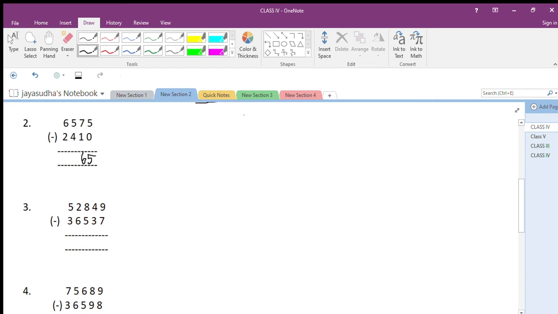Okay. 5 minus 4. 5 in the mind, 4 on the finger. 5 before: 4, 3, 2, 1. So 5 minus 4, you get 1. Then here 6 minus 2. 6 in the mind, 2 on the finger. Before 6: 5, 4. So you get 4. Okay, this is your subtraction answer. Then what do you do next? You want to do the addition. What do you do first in the addition?